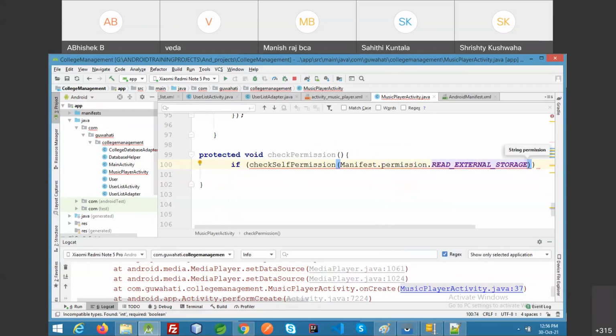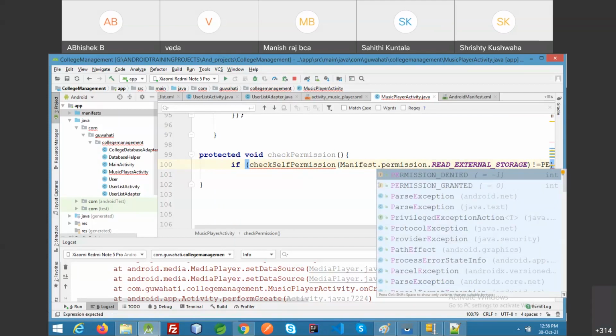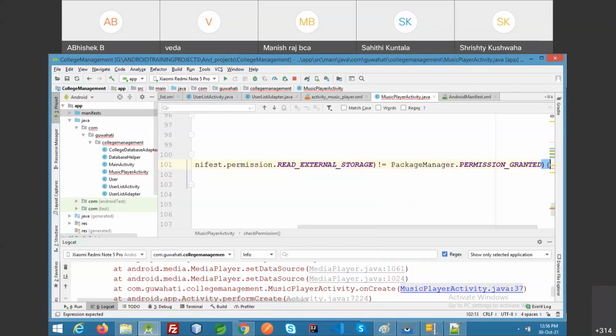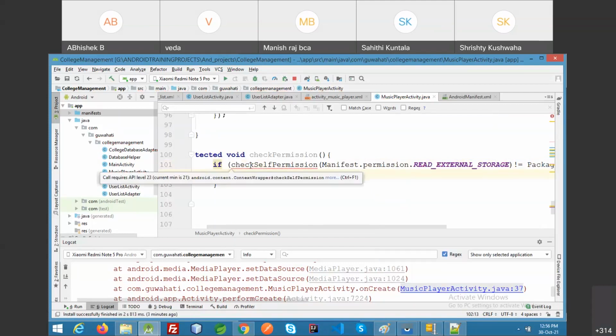Okay? So if not equals, if it is not already granted, if not equals PERMISSION_GRANTED, okay? If the permission is not granted, checkSelfPermission gives you a check.